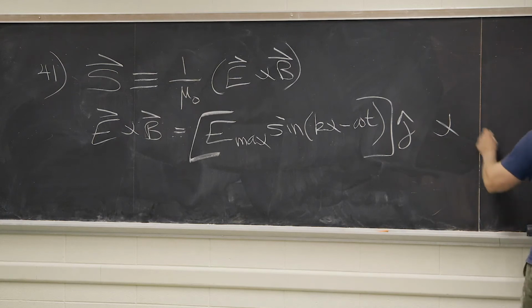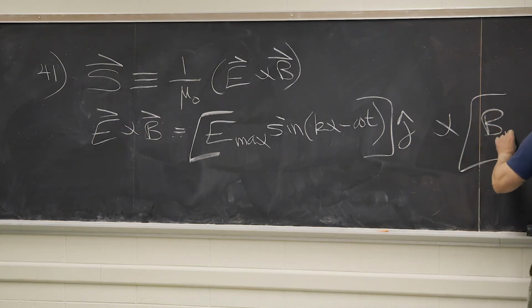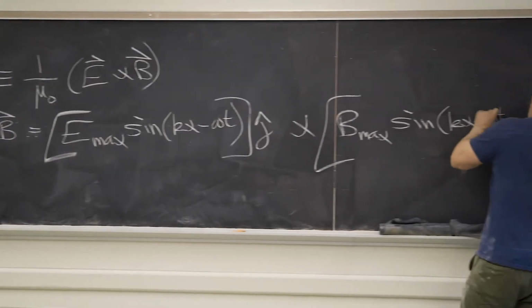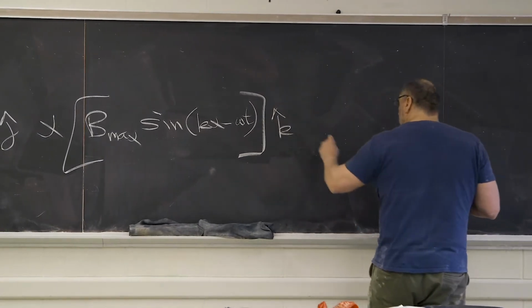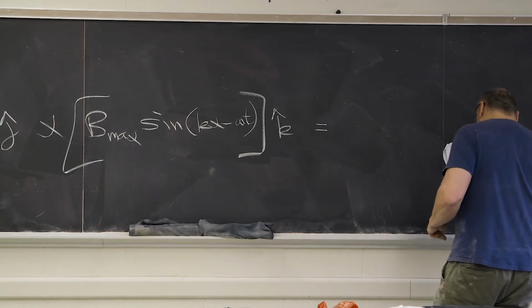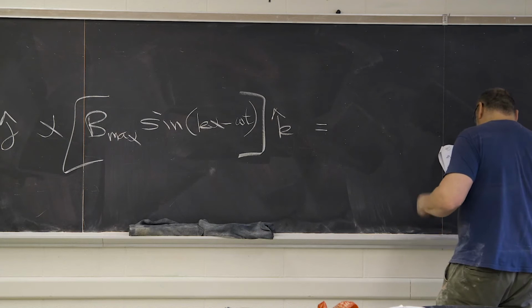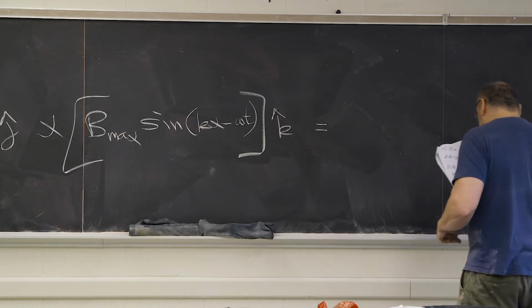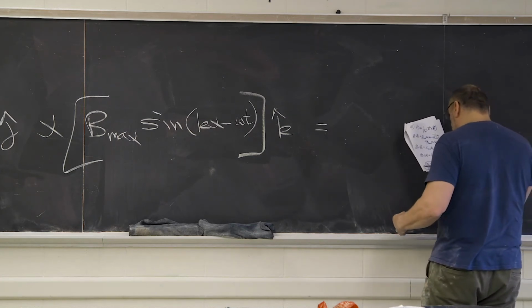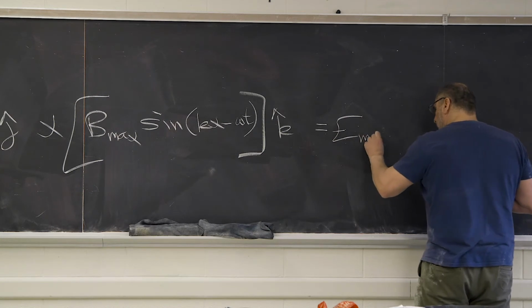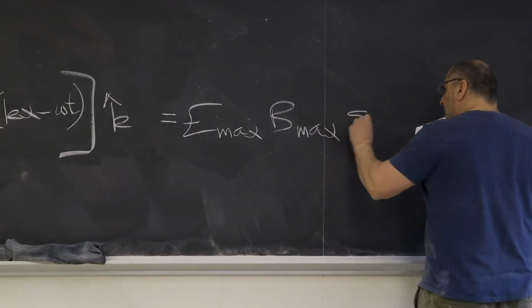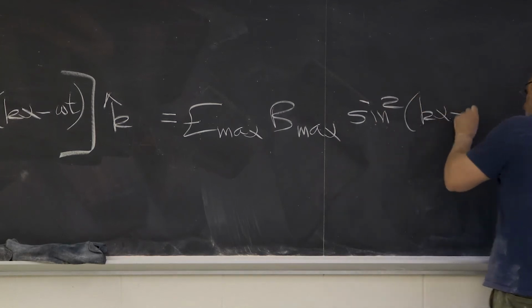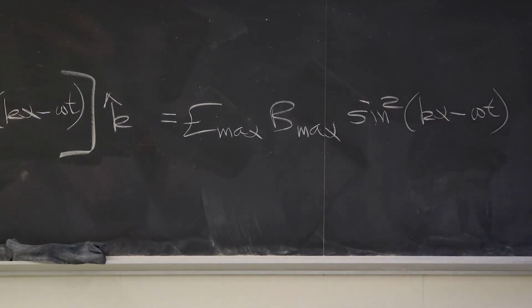J, and you're going to cross, what does that equal? Well, they're perpendicular to each other, so it's going to be E times B times the sine of the angle between them. They are perpetually perpendicular to each other. So that's just going to be E max, B max, and then sine squared of the quantity kx minus omega t. The other sine I'm talking about is the sine of the angle between the two